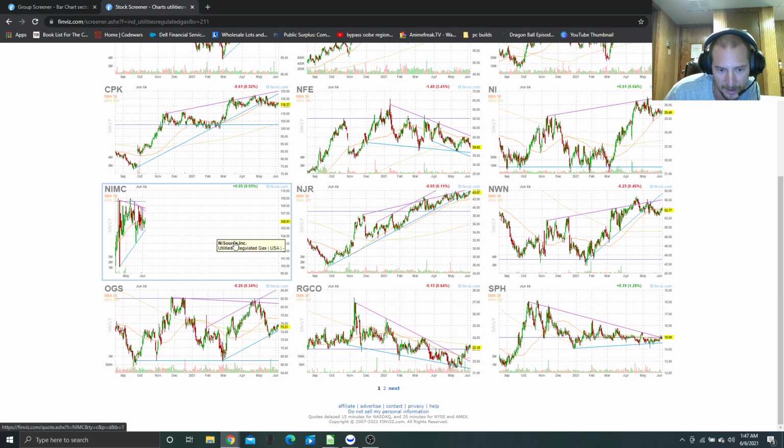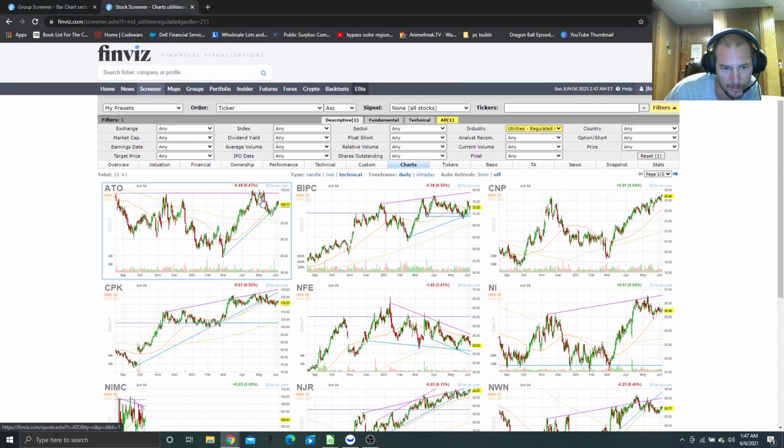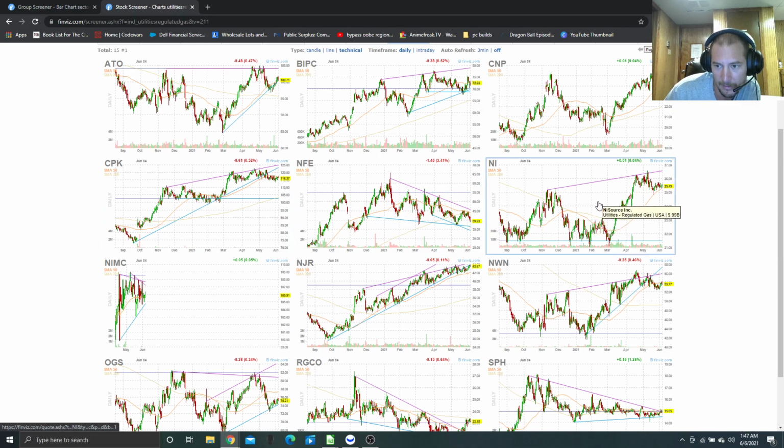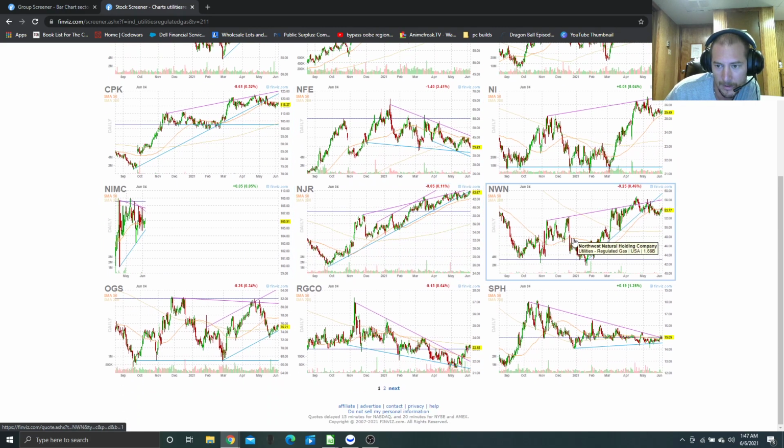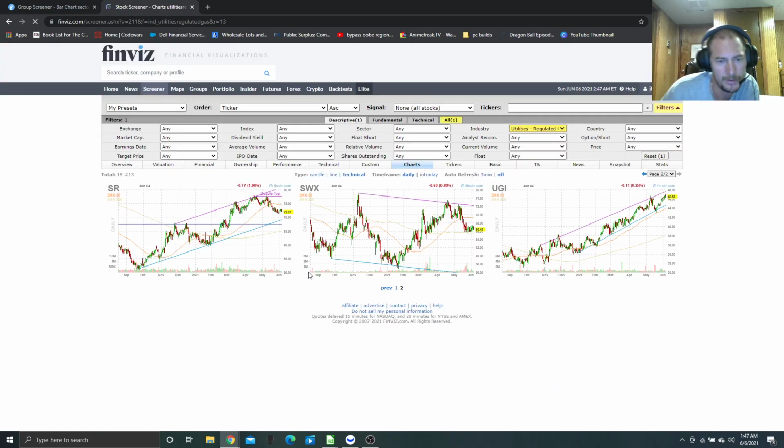There are 2 pages here, and as you can tell, this one has recently been down, this one's down, this one looks like it's up, down, down, down, down, down here. This one recently had a huge dip and it looks like it's recovering. So if you notice, most of these things are moving down. So this is just a quick little tip that will help you increase the probability of trades that you take,